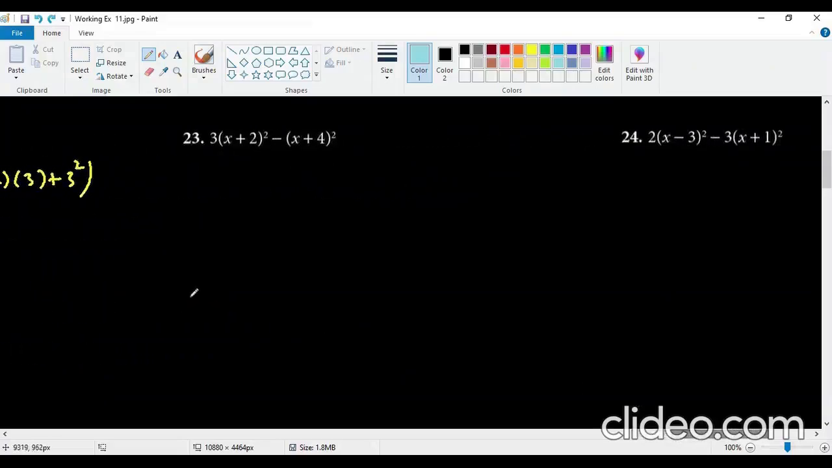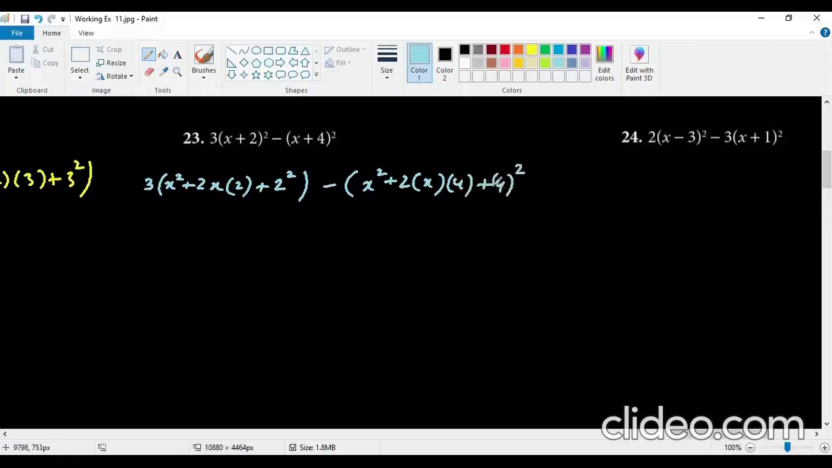Now in here you should see that 3 is multiplied by the whole square of x plus 2. So that means I will be multiplying the first one. First one will give me a square plus 2 times a and b and plus b square. So this is going to be the first, and then negative is going to be a square plus 2ab plus b square. Now this 3 is for the first one. So once simplifying this one, it's going to give me plus 4x plus 4 and minus x square plus 8x